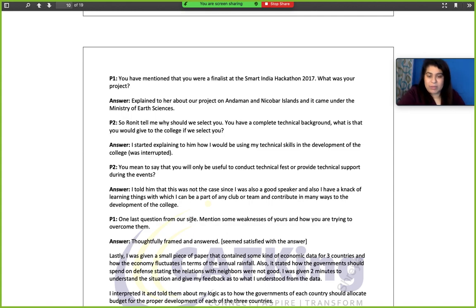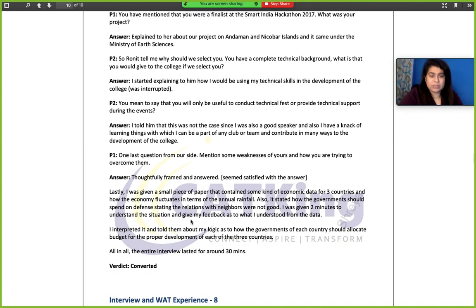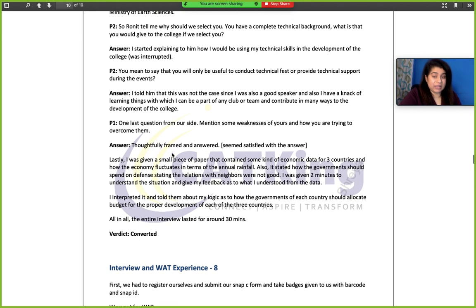One last question from our side. Mention some weakness of yours and how you are trying to overcome them. So he gave an answer after thinking, and whenever you're a little fumbling, you think, take a pause, relax, then give the answer. Lastly, I was given a small piece of paper that contained some kind of economic data for